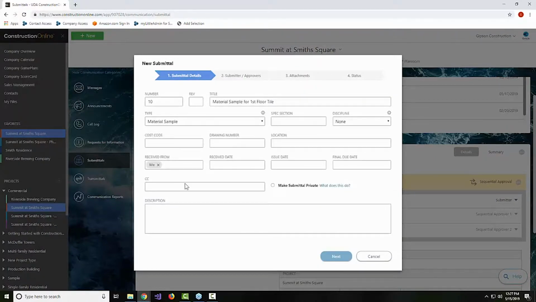Your received from typically is going to be the person that you receive the submittal from, and in most cases you only are going to have to use this field if you're logging something that you've already received, or you're manually logging more of a physical material setup. So a lot of times with these submittals, the subcontractor or submitter can go onto the portal and upload whatever documentation is needed. In some cases, if they're physically sending over material samples or things like that, you may want to come back once you've received that and note